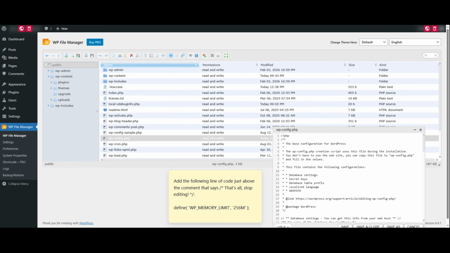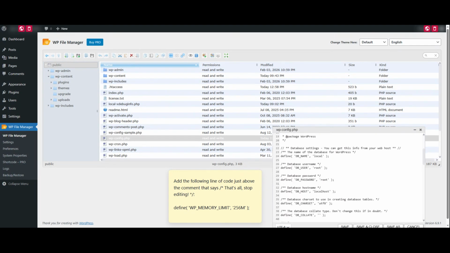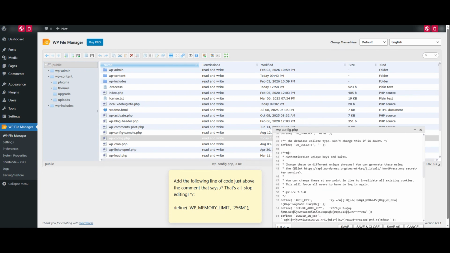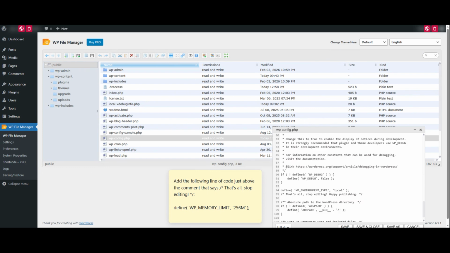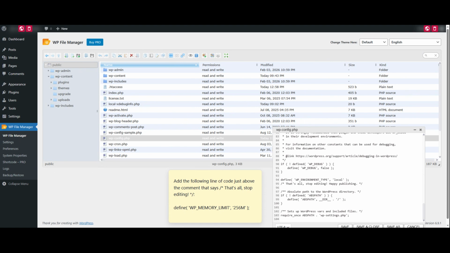Again, go to your WordPress root directory using File Manager or FTP. Locate the file named wp-config.php. Right-click and edit the file. Scroll down until you see the line that says, "That's all, stop editing." Just above that line, add the following code: define('WP_MEMORY_LIMIT', '256M');